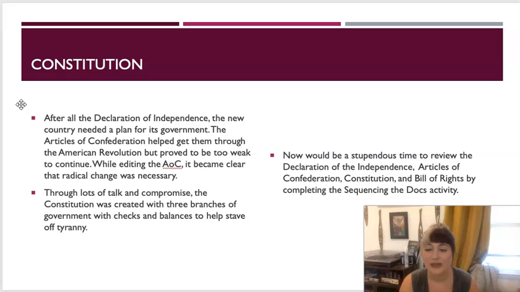And then whenever you finish matching, you're going to put the documents in order chronologically, and then you're going to complete the matching activity. When you finish, you'll upload the link into the assignment Dropbox, but please make sure that when you share the link, you edit the settings so anyone with the link can see it, so that I don't have to ask for permissions to view your work when I'm grading.